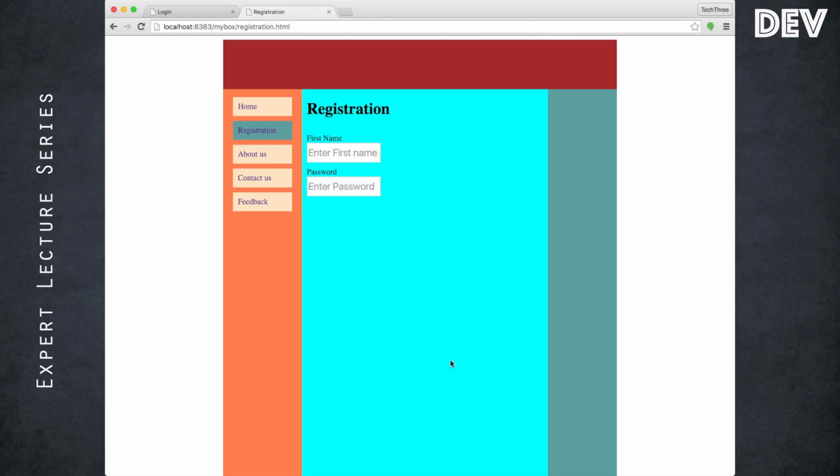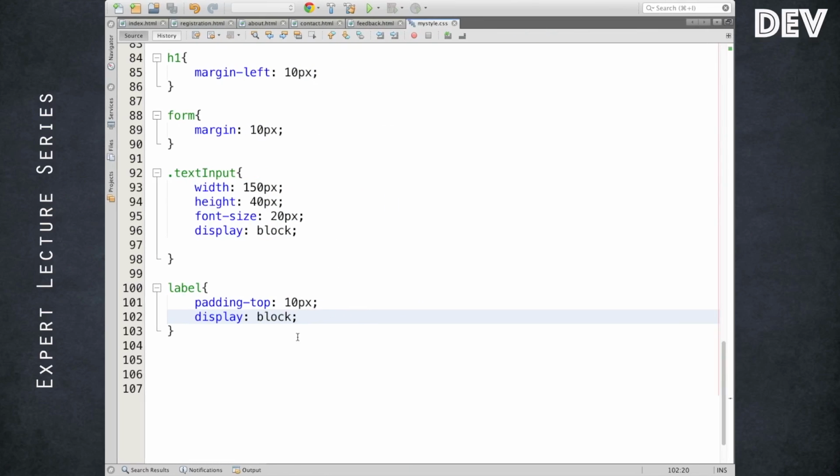We have to force it, then it will start accepting. So naturally input fields were not a block element, I had to tell it is a block, and then the label was not a block element, I had to tell it is a block, and then these things started taking all the attribute values. So make sure when you do not get the expected behavior, first check whether the element is a block or not. Block or box, both are the same.